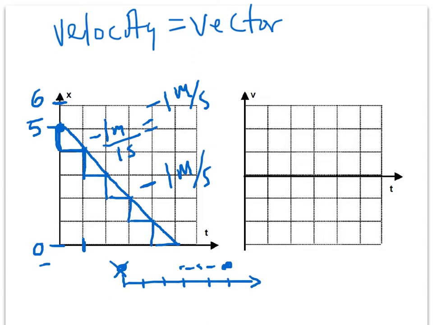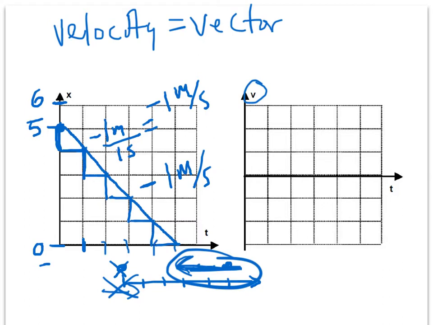But because this is velocity, it matters that we're going this way on our motion map instead of going this way. This is the direction we're going, not that way. So the direction matters, and that negative sign matters. So if I come over here, again, I know that at every second on here, my slope is -1 meter